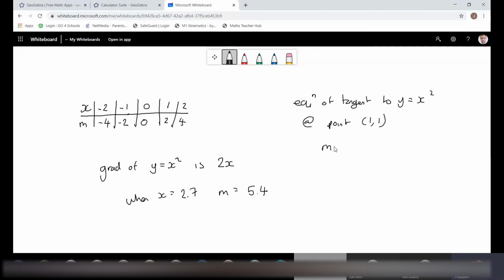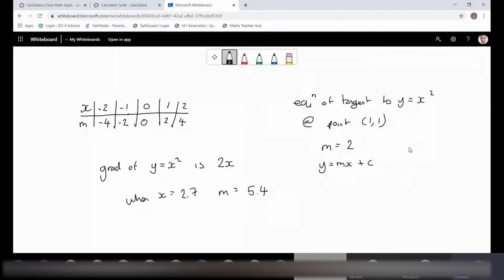Well, I know the gradient of that tangent is going to be 2, because we've already discussed over here that the gradient is twice the x value. And so I'm able to say I can either use y equals mx plus c, and I know that m is 2 and y is 1 when x is 1 in order to find c,